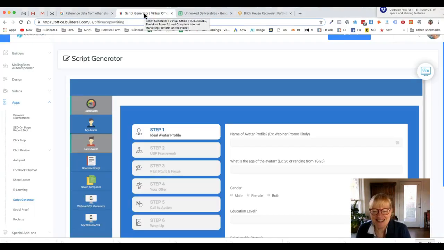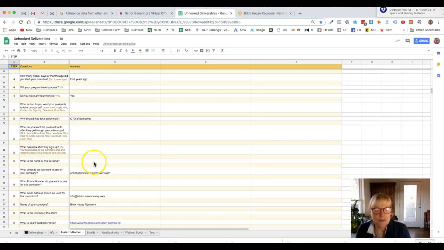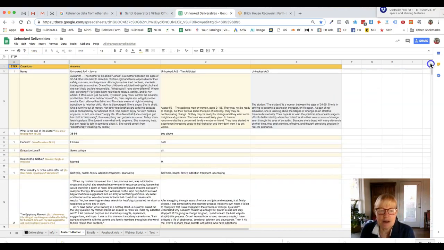But first, I want to just show you that I actually took all the information in these steps here and put it in a spreadsheet so that Jason could complete the information himself. And that was before we even set up our account in Builderall. So this is the spreadsheet we put together for the project, and this is our avatar page or sheet, and I just took the questions out of script generator and added them in here